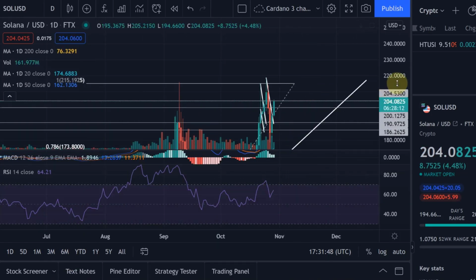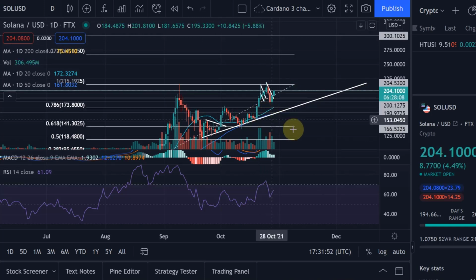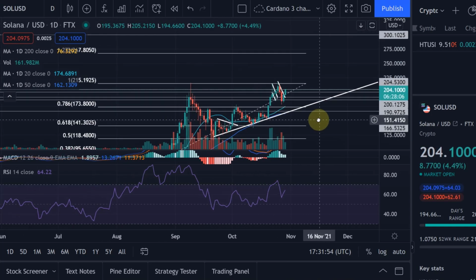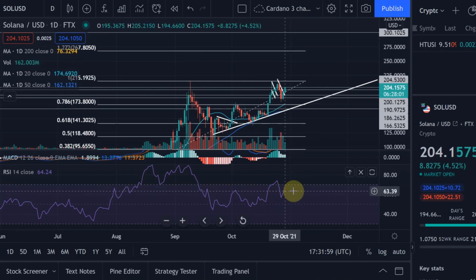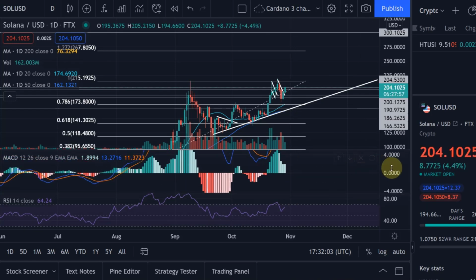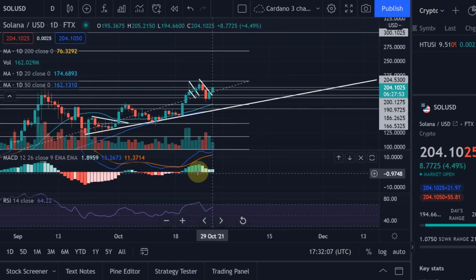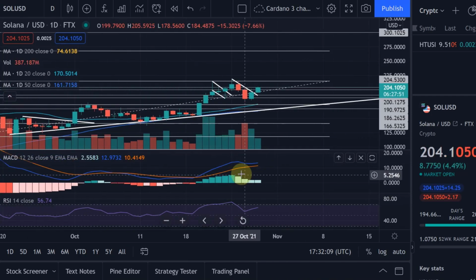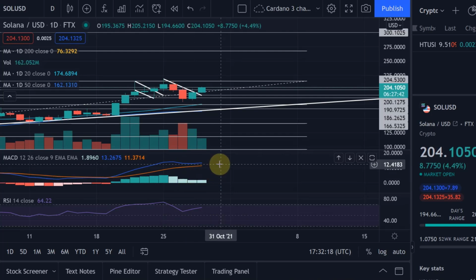And here on the daily, obviously we are still above the moving averages. The 20, the 50, and the 200 is somewhere way down there. We are also in the bullish range here on the RSI, and we are on our way up. We are not in overbought territory yet, so there is scope to push to the upside. We are losing a little bit of steam here on the MACD, but still in the green, and if we zoom in a little bit, you can see on the MACD that we were losing a bit of steam, but now we might have found a stop, and we'll potentially continue our way up